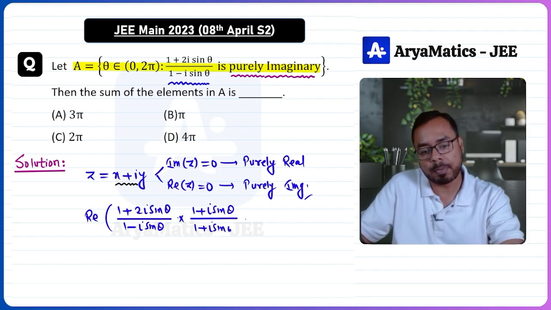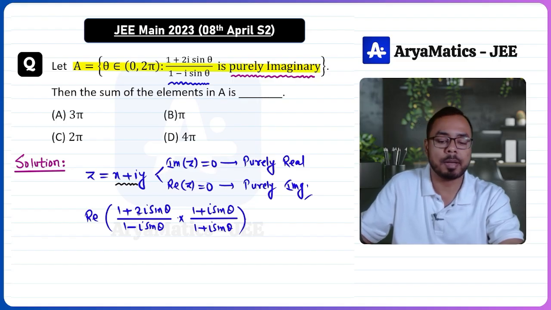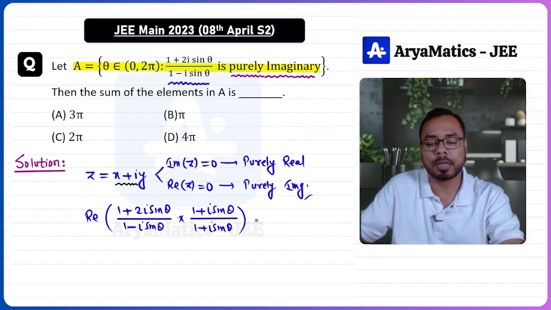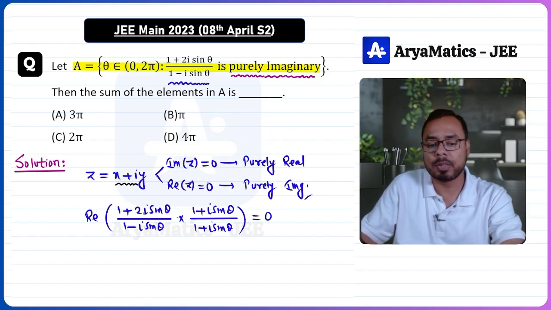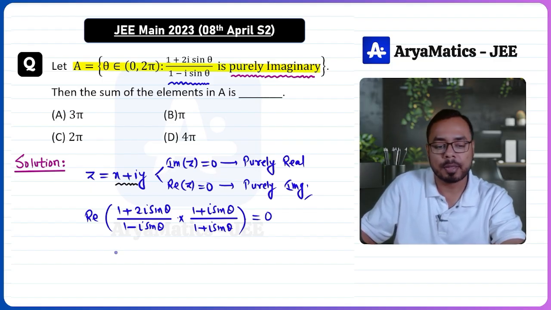So this is the given complex number, and we have multiplied and divided by 1 plus iota sine theta, and because it is a purely imaginary complex number, the real part must be 0. Now you can very easily see that the real part you will get when you multiply 1 with 1 or iota with iota, right? So the real part of this complex number will be 1 and then 2 iota square, so minus